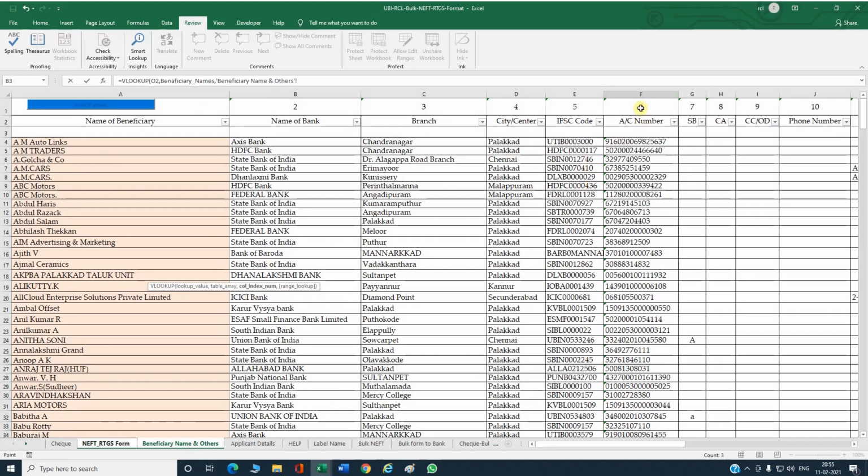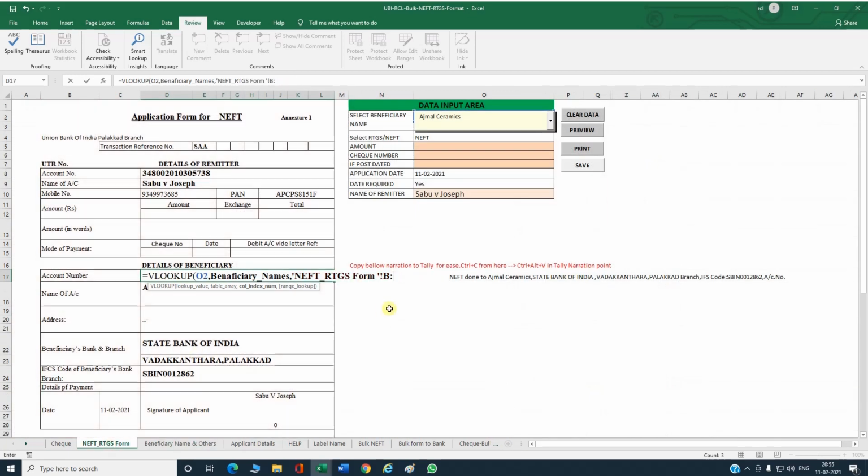It is column number 6 here. This is column number 6, which represents the account number of all the beneficiaries. So here we give the column number as 6, then comma, select exact match, close the brackets. Now I am pressing the enter key. His account number will be shown there,